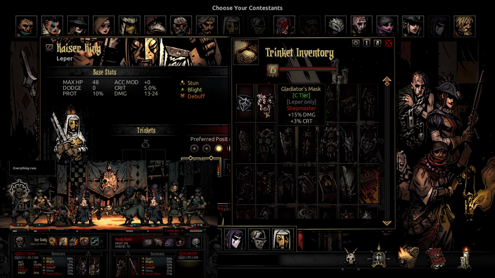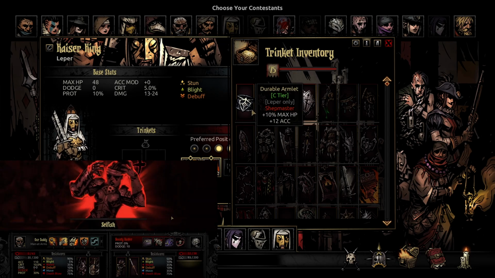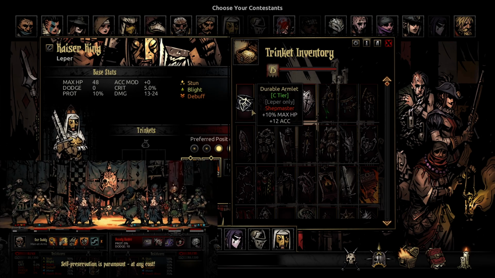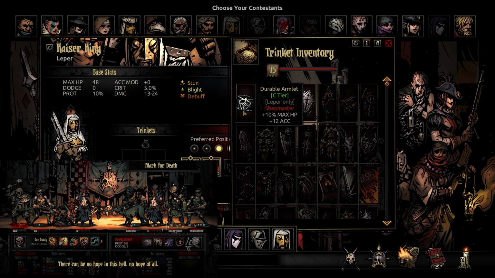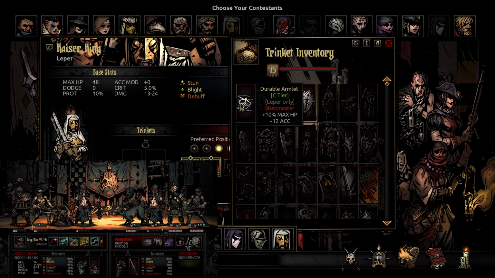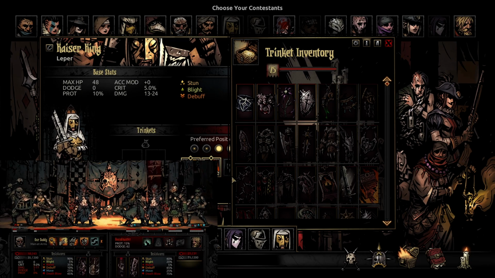I'm just gonna say what it is. It's a bit of a sorry trinket, but I don't think I can do anything about it. Same thing for the durable armlets, because if I give it more max HP, then he's gonna have way too much. If I give it more accuracy, then it's way too much accuracy, so it's just gonna have to stay where it is. They're okay trinkets, they're definitely runnable on the Leper, and I'm gonna give him some buffs,